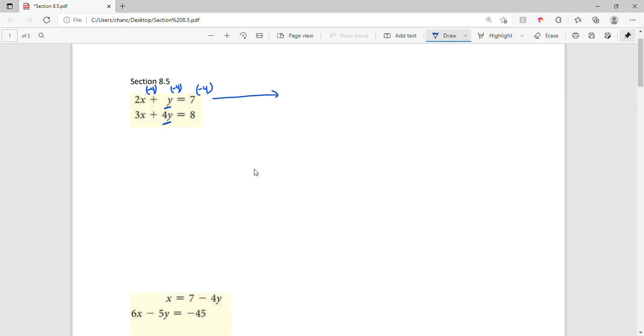This will alter the first equation and change it into -8x minus 4y is equal to -28. For the second equation, I'm just going to bring it over, not do anything to it now, and that's going to give us 3x plus 4y equals 8. And that's the whole point of multiplying the first equation by -4, because if we were to add these two,